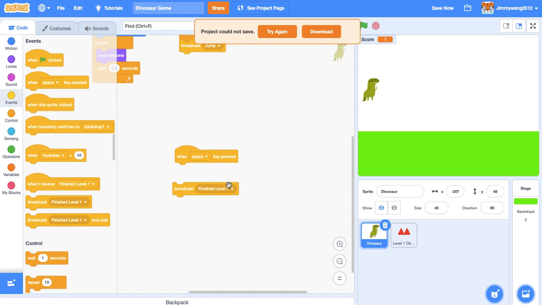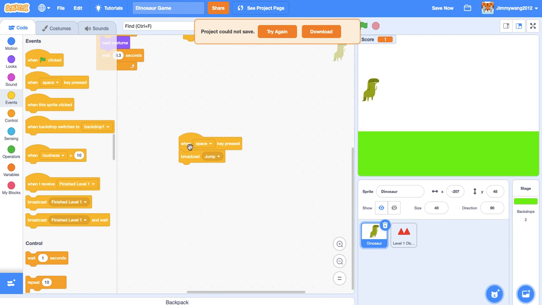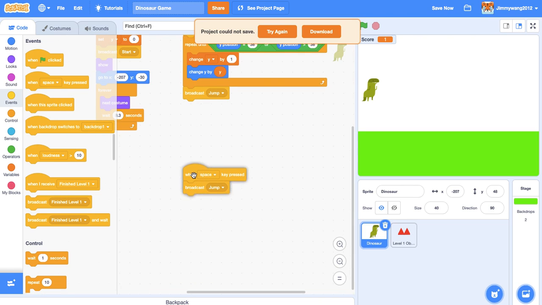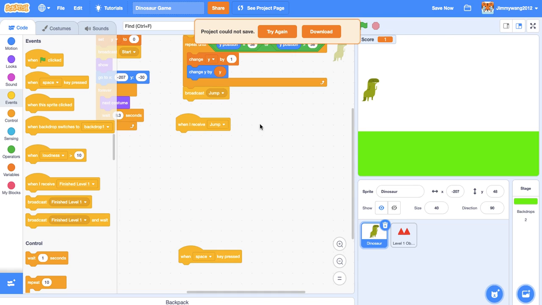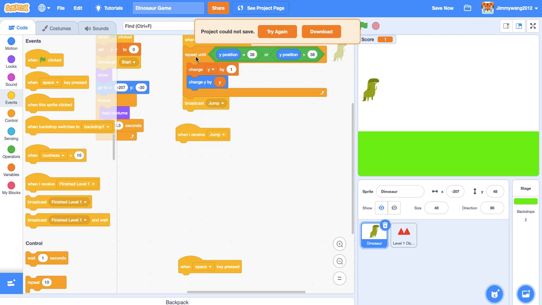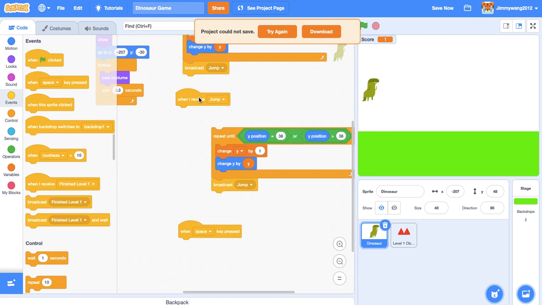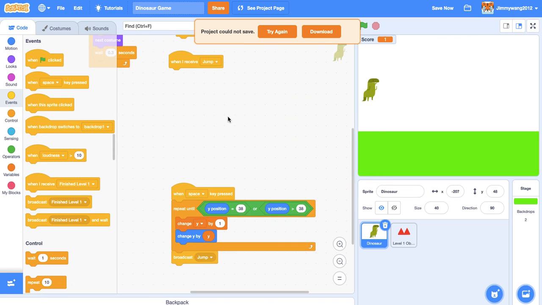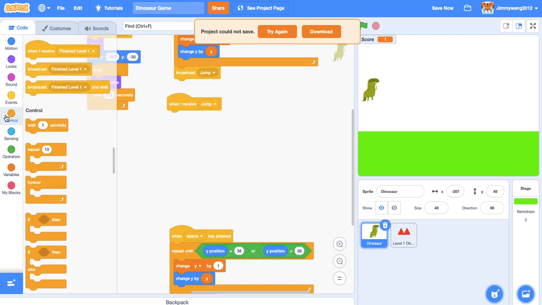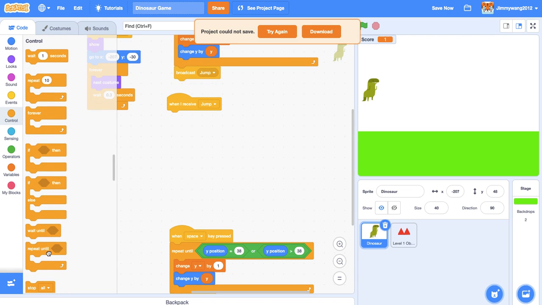So when I receive jump, oh, sorry about that. It's supposed to be a new block. When I receive jump, you could quickly just duplicate this code to here. Then when I receive jump, you want to do repeat until